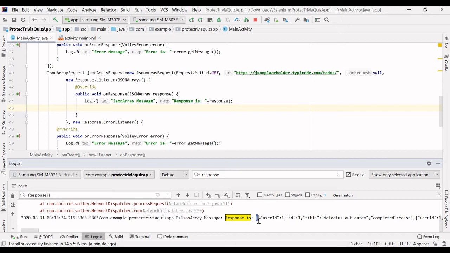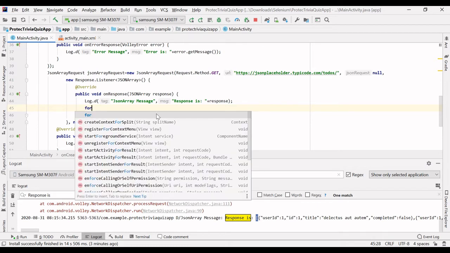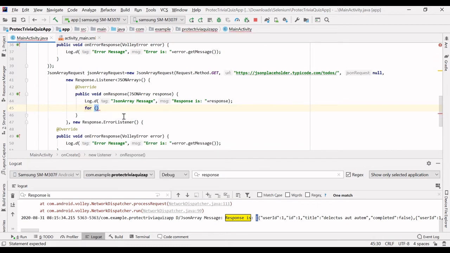Don't you think guys this JSON array looks like the list in Java? There is a list in Java with various objects inside the list. Similarly, when we talk about JSON, there is a JSON array, and there are various JSON objects inside this list. So the same, I will mention the for loop, just like iterating over a list in Java.